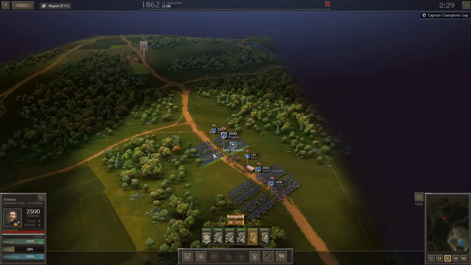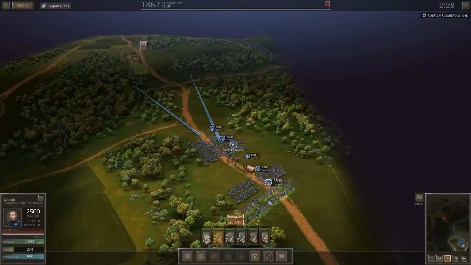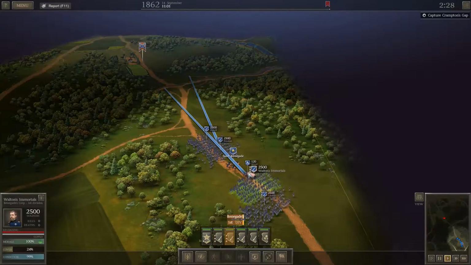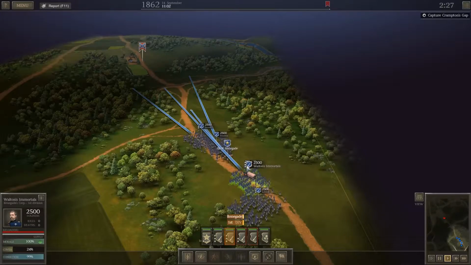Now I want to get this unit here, and we'll send that unit there. Send them straight up ahead and send them off to the left flank. Now, let's send the commander forward. And we don't want to...